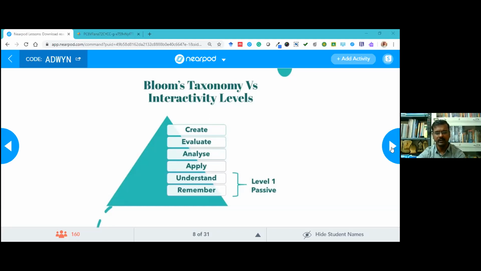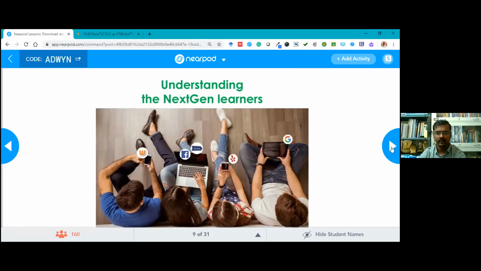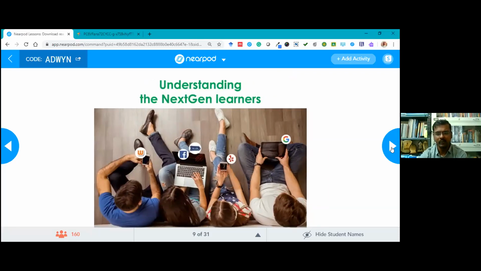So now I'm going to give some examples for the first level of interactivity. You are going to experience passive level of interactivity now with this example. For this, I'm going to teach you a mini lesson about the next generation learners, the kind of learners we have now. Such mini lessons I have incorporated to demonstrate the types of interactivities. Okay, so as you see on the picture,